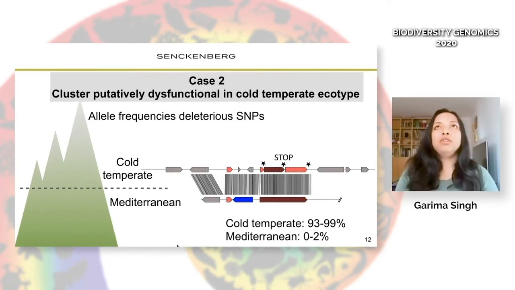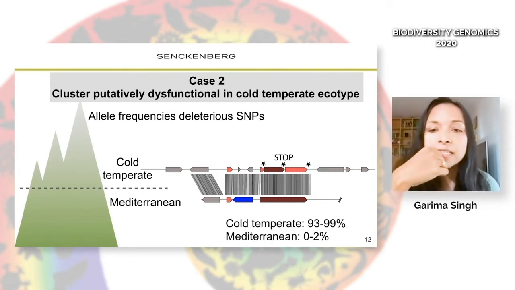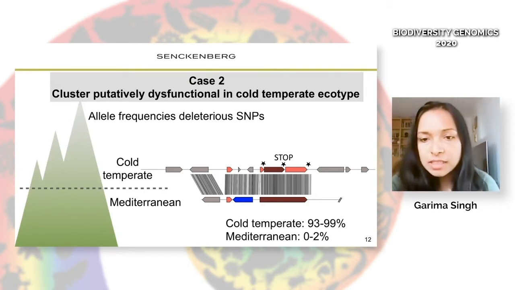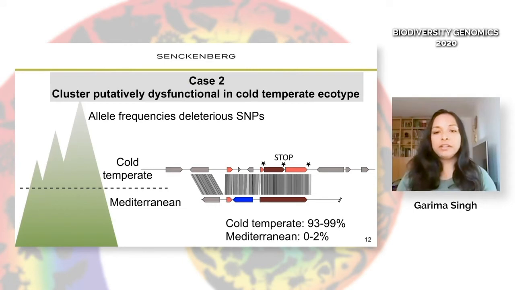Then out of the 2 clusters which showed ecotype-specific polymorphism, I am going to present here one example. This cluster is about 35 kb long, and we can see that in the cold temperate regions, the core gene of this cluster contains stop codons, 3 stop codons, and these stop codons are almost entirely restricted to the cold temperate regions only, whereas in the Mediterranean region, all the samples contain the putatively functional copy